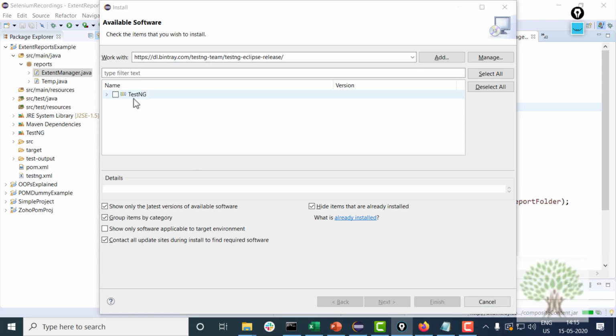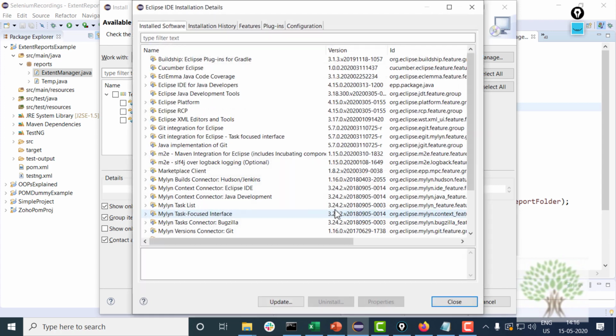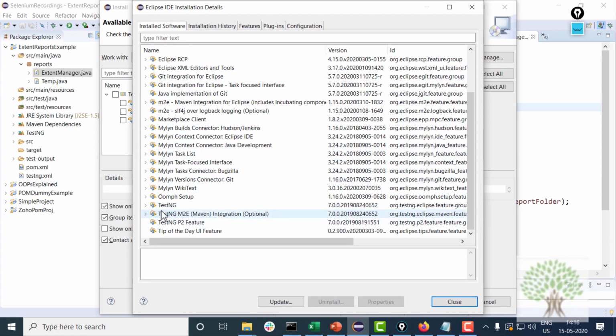You will see TestNG written over here. You click on this expand button and the version which is installing is 7.2. Don't install this version. Install 7.0. It is stable. The current version is unstable. If you already have this installed, go to the already installed section and you can remove TestNG from here.